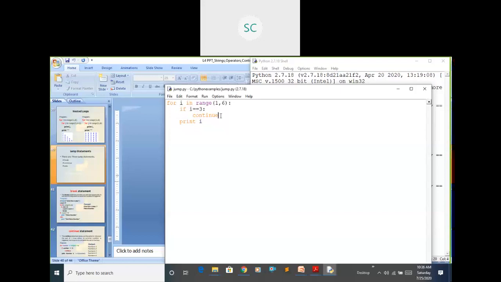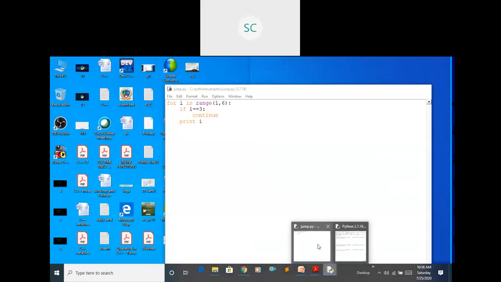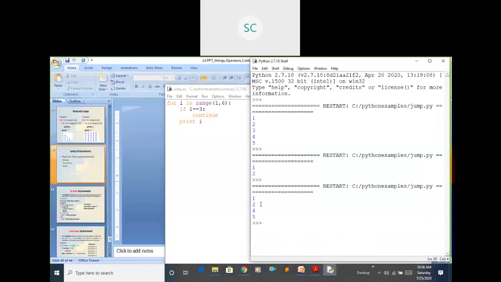Okay, in the output also you can observe, if the condition equals 3, only that specific case is not printed in the output. The remaining ones are printed in the output, right? The continue statement works like that. If you want to skip executing the loop for a specific case, and in the remaining cases you want to continue the loop, in the general case, then you can go for this continue statement.